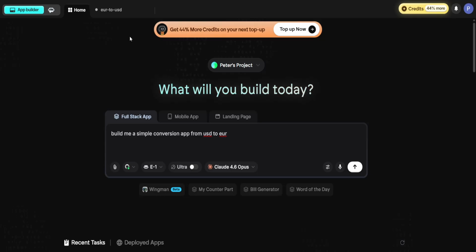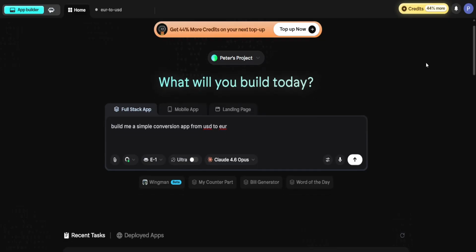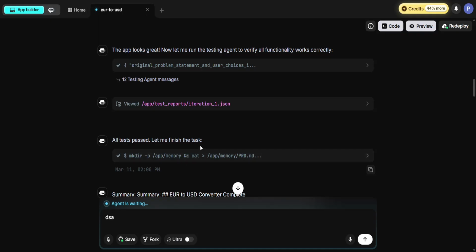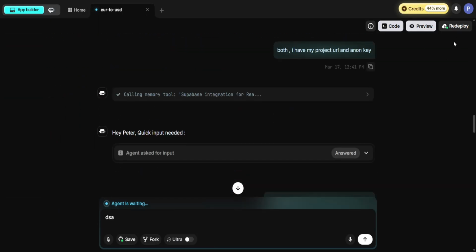How to deploy on Emergent AI. Sign into your account, and then if you scroll down, you should see your current apps. So select whichever app you want to deploy. Now open up the app itself, and here in the top right corner you should see a button that says